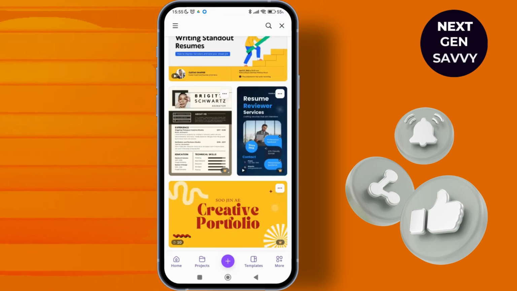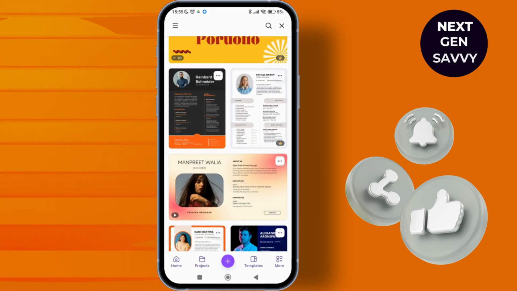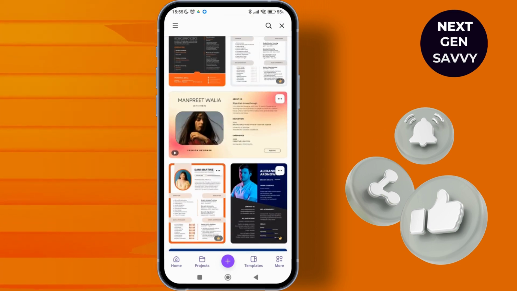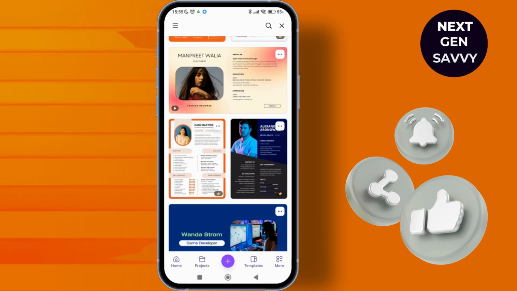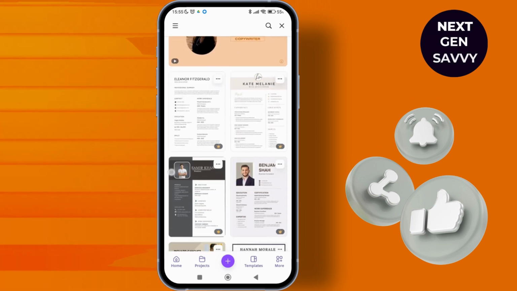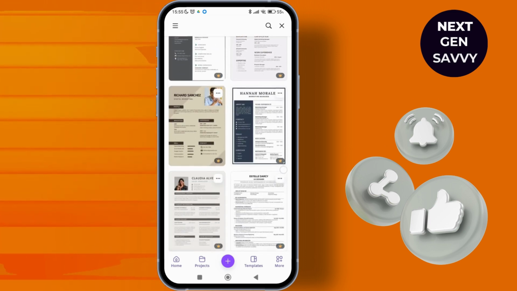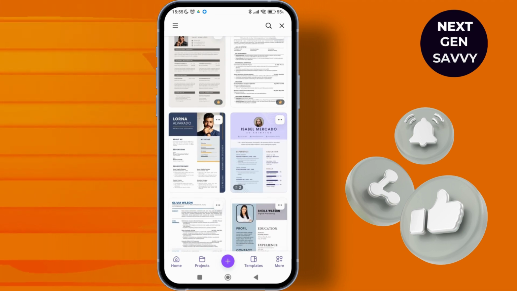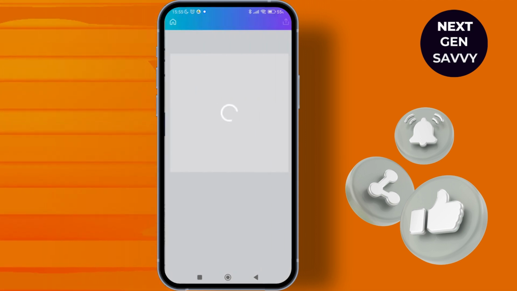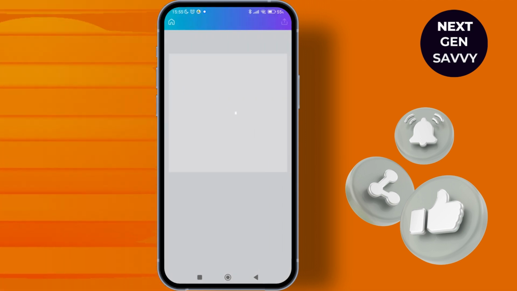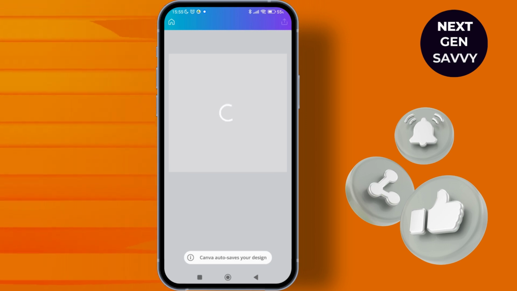So here you can see there are different options over here. So you can select whichever is more convenient and relevant to your particular profile. So you can simply select it and make necessary edits. So for example, if I select this particular one, you can simply edit your documents, your details, information over